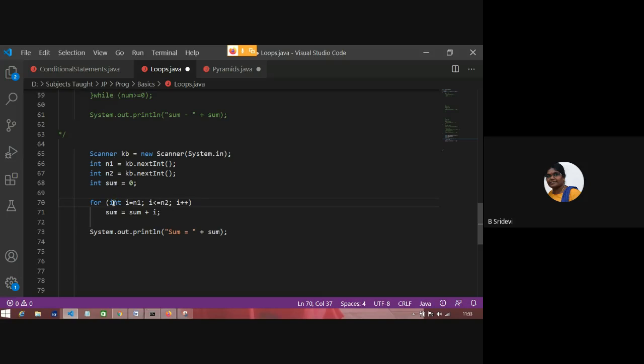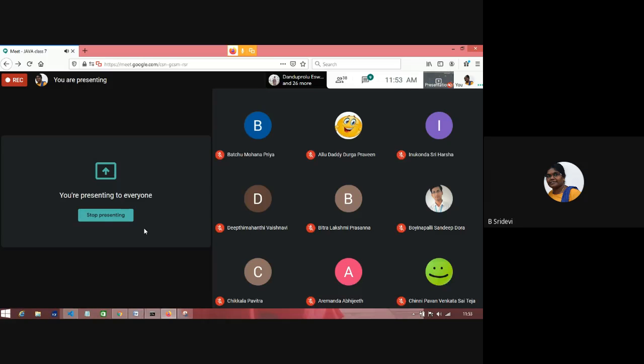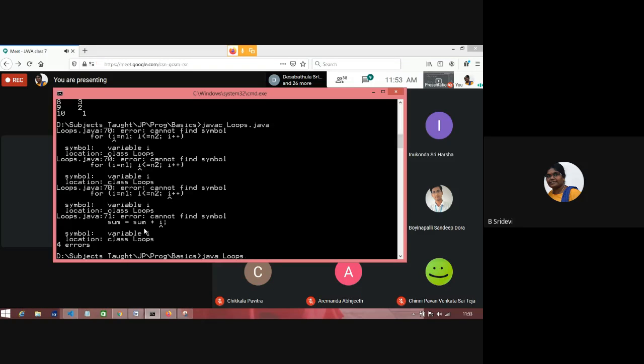Here is, see, I have declared int I. I is declared in for loop. I is declared in for block. That means the scope and life of I exists for this. I cannot access this I out of the for loop. Naku byte akkarleddu kabatti no problem. I am not using I anywhere outside kada. So I can declare I here. But this I can be used only within the for loop, not outside, because you have declared in the block. Any problem? So what should I do?